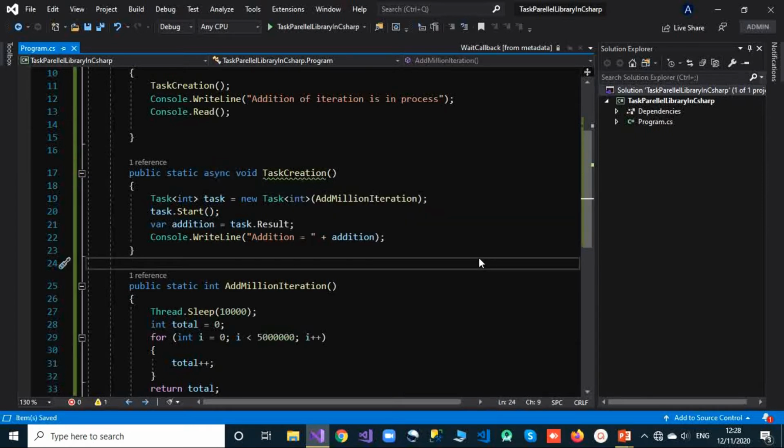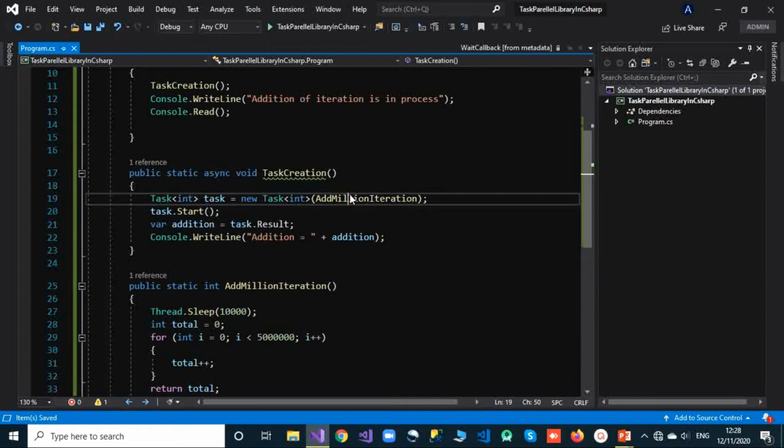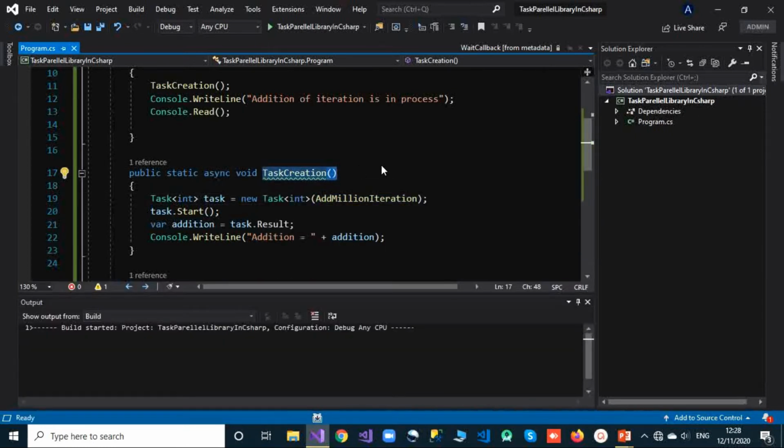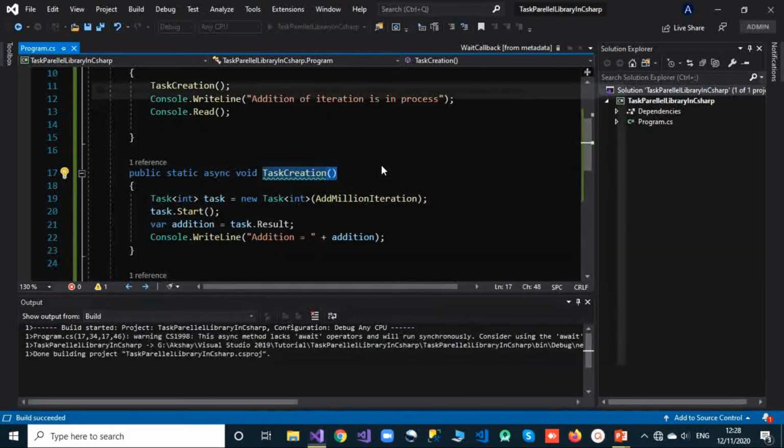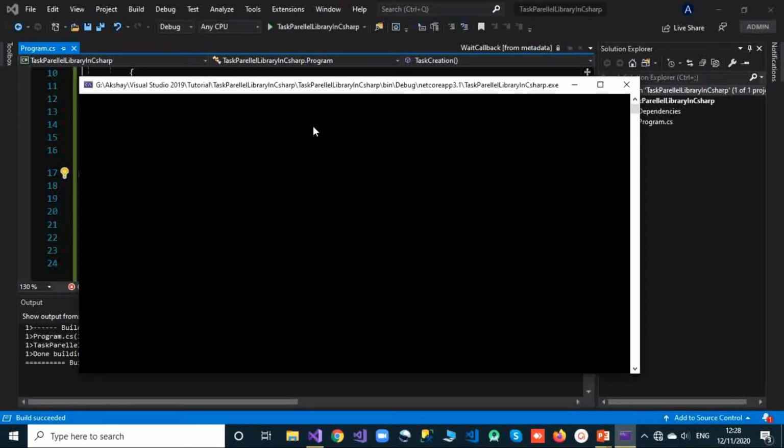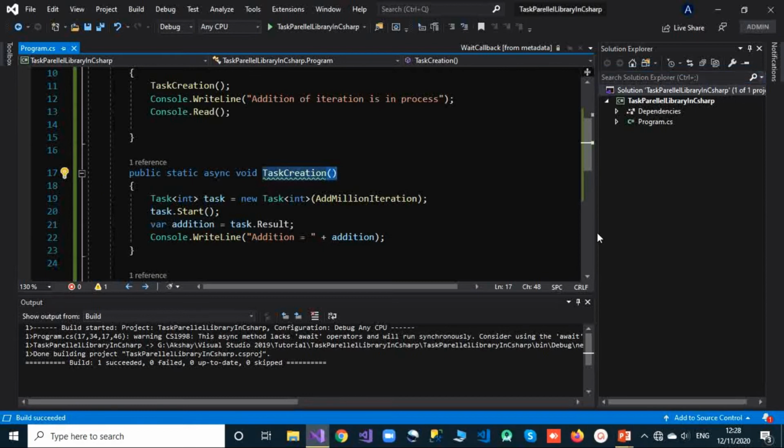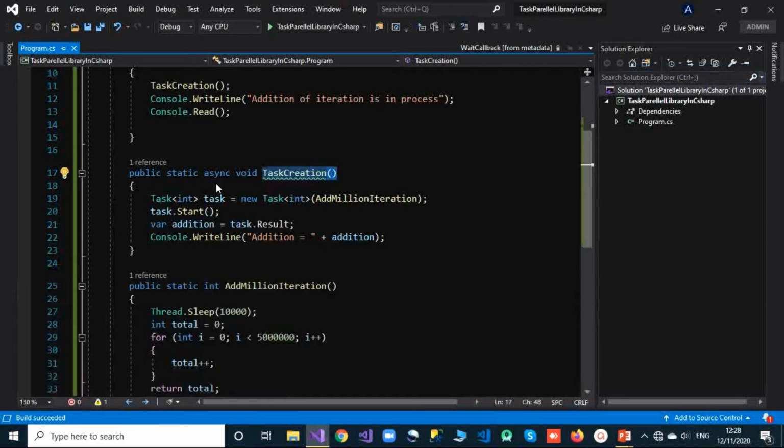And let's just see what happens if I only use this async. That will not make this method asynchronous. Let me run that again. It will not change anything, it will just get stuck in that operation. So nothing is showing on this console. For that, to make this method completely asynchronous, we have to use await here.